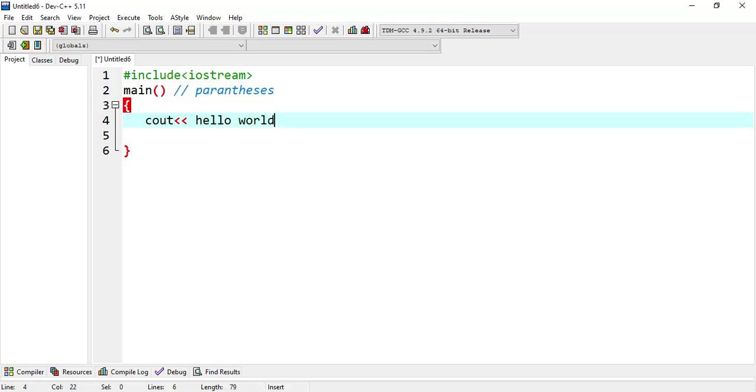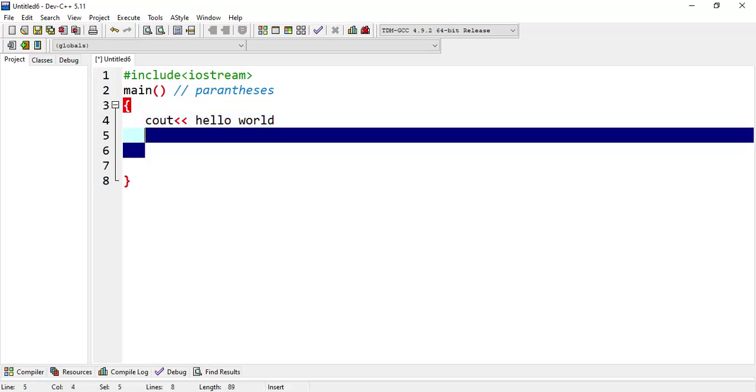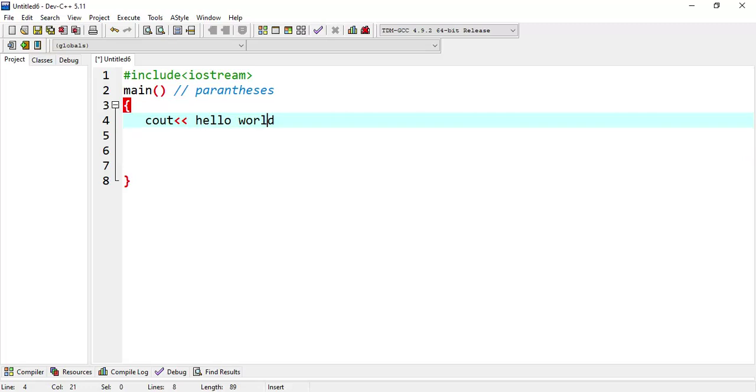If we want to display something on a screen, for example, we have written hello world and we wish to display this message on a screen, we will enclose this message in two double quotes symbols. So we will write the starting double quotes, and after that we will write the closing double quotes.